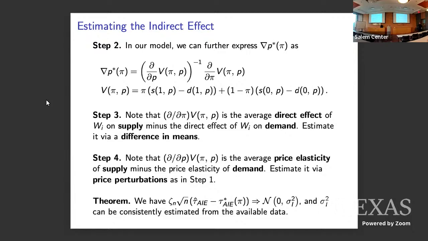And then what we're going to do is plug all these things together. This is going to give us an estimate of the average indirect effect that we show is asymptotically normal. It no longer converges at the Rubin rate, it converges at a rate that depends on the scale of the perturbations. And yeah, I misspoke again. What looks like two-stage least squares is this final estimate.